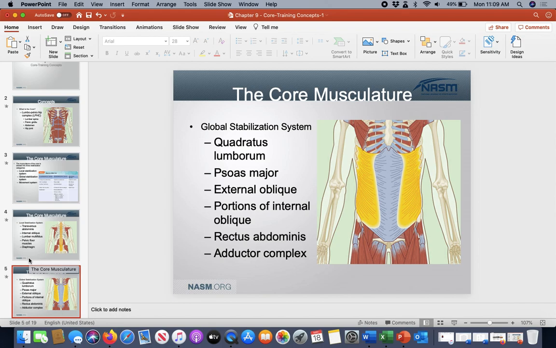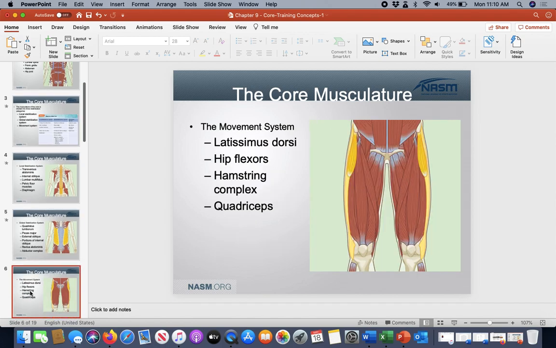That's why a lot of times when you go back to squatting and things like that, your adductors truly are sore, because they're stabilizing your body as you squat down and squat back up. So that's their job. It's their synergistic effect, if you remember that term that we talked about in earlier chapters. And then lastly, your gross musculature, your big musculature that everybody kind of knows more about than anything else, and that's your wings or your lats, the hip flexors, your hamstrings, and your quadriceps, and those are all very important